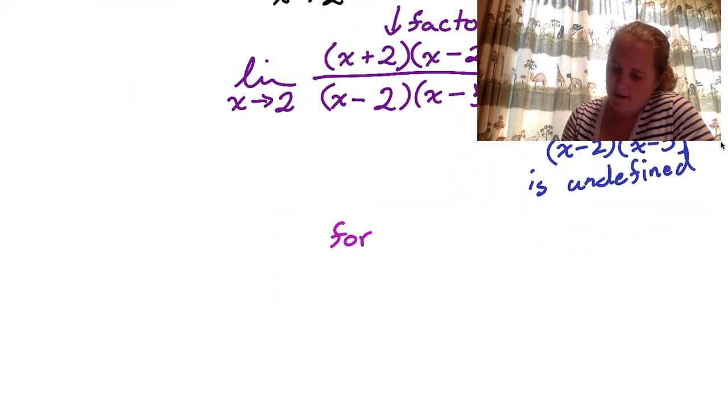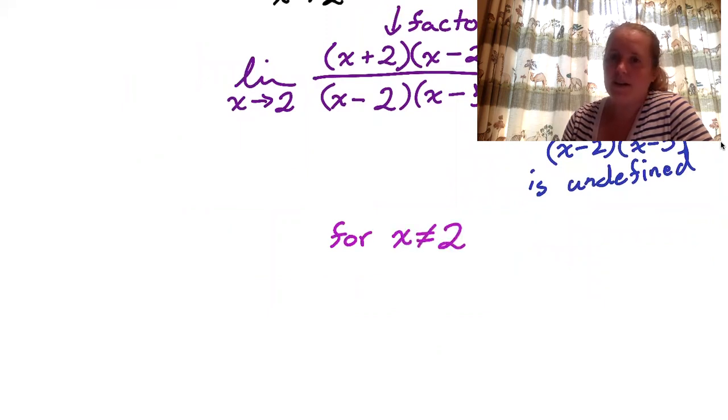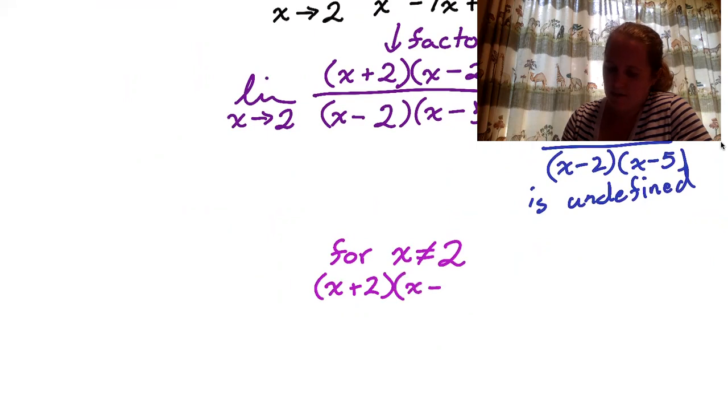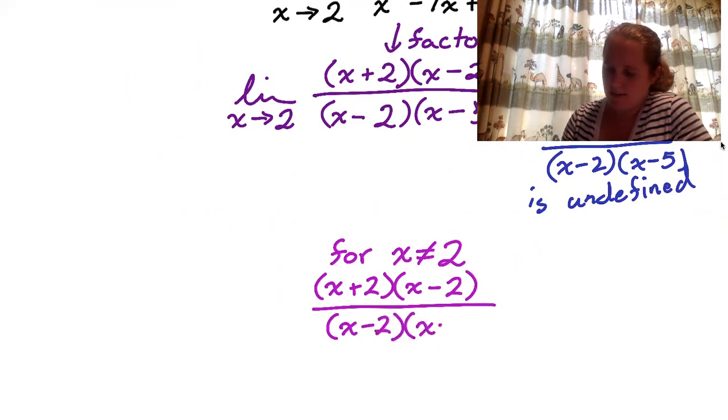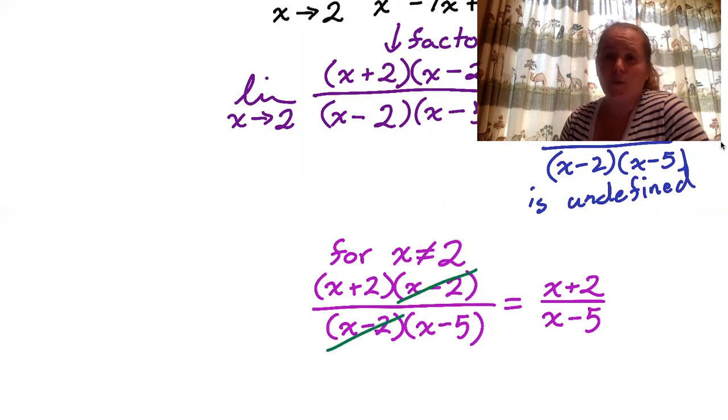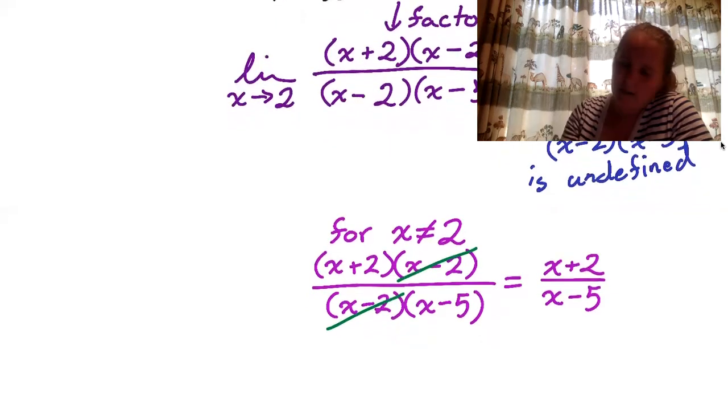So for x not equal to 2, everywhere but x equals 2, x plus 2 times x minus 2 over x minus 2 times x minus 5 is precisely the same thing as x plus 2 over x minus 5. And x minus 2 divided by x minus 2 is simply 1 as long as x is not 2 itself. So since with limits, we're not actually concerned about the point itself, we're just concerned with what's happening as we get close, we can go ahead and just swap